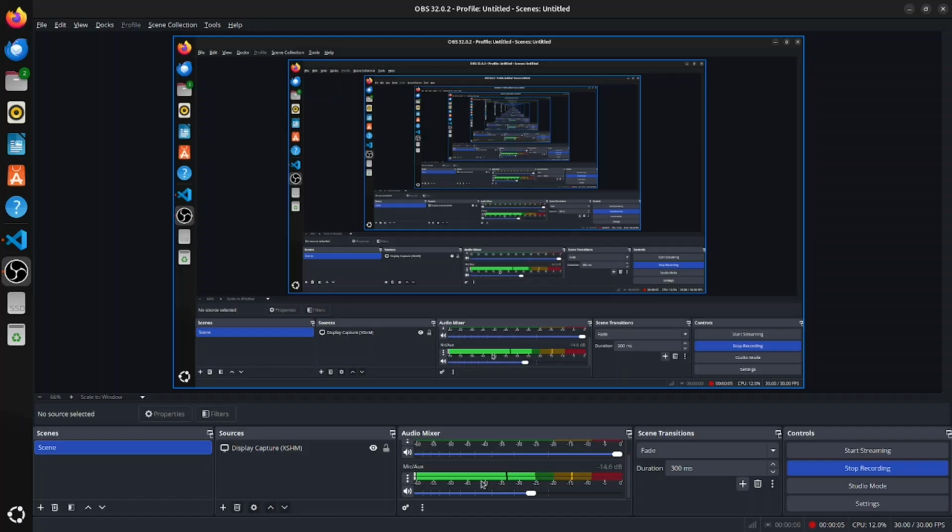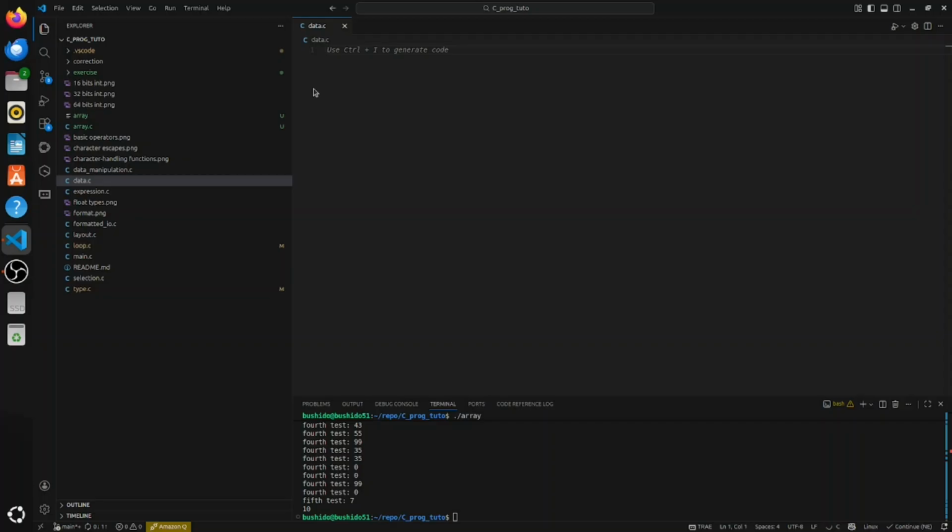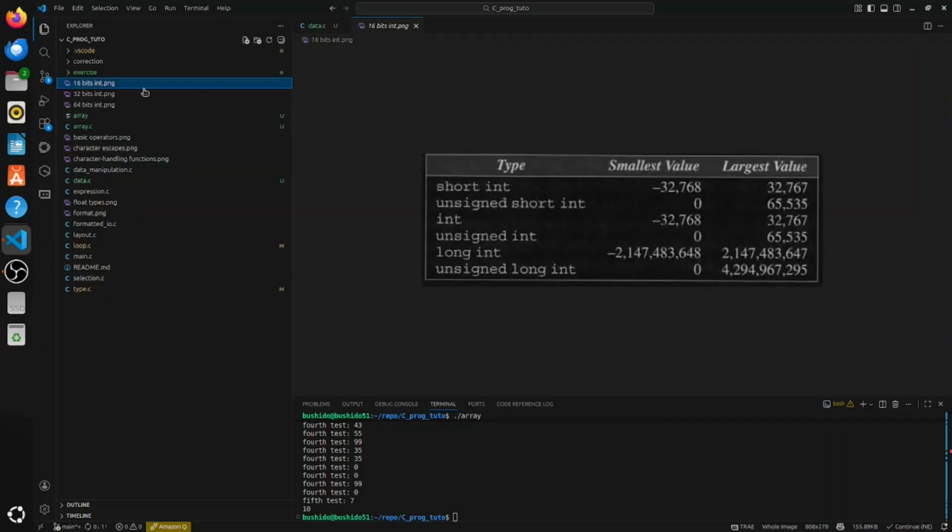I have talked a lot about it, but I have some important information to give you. So it's very quick, just like a review. I created data.c. Firstly, about integer. Integer, we have